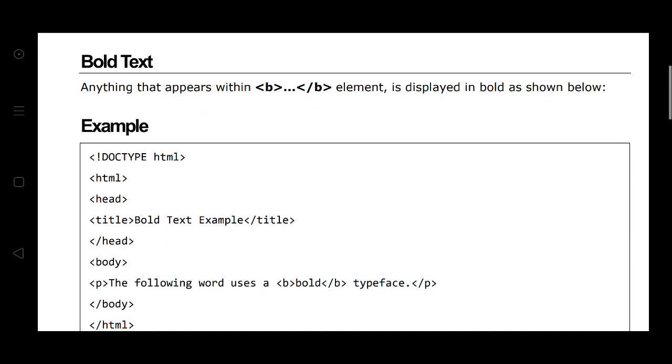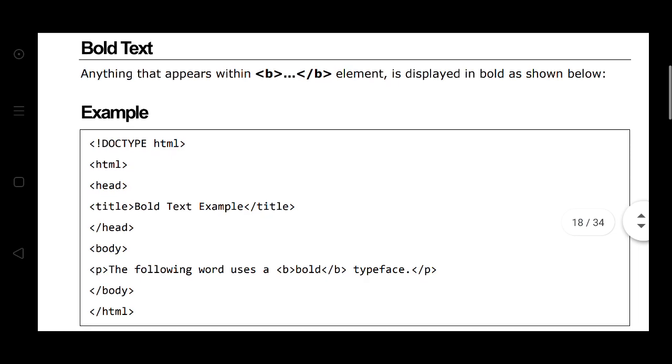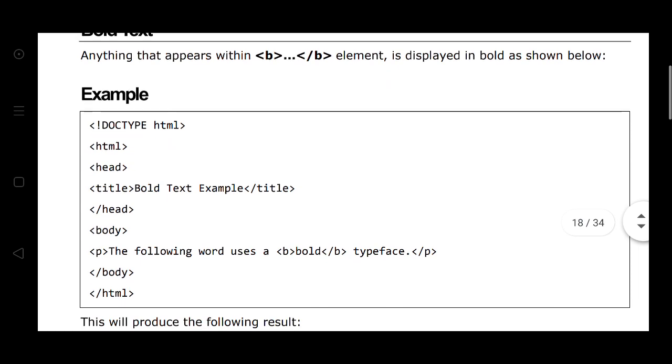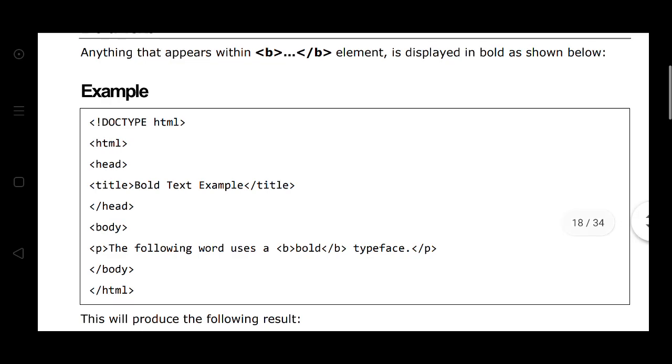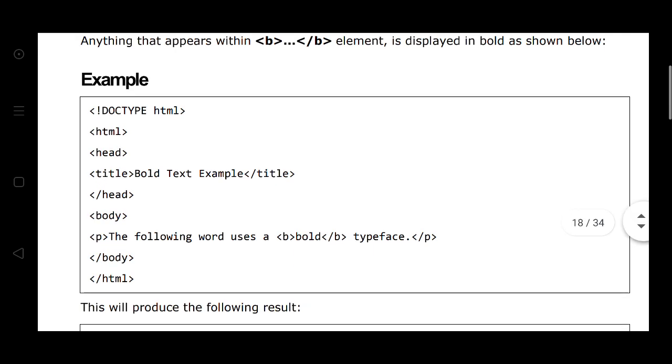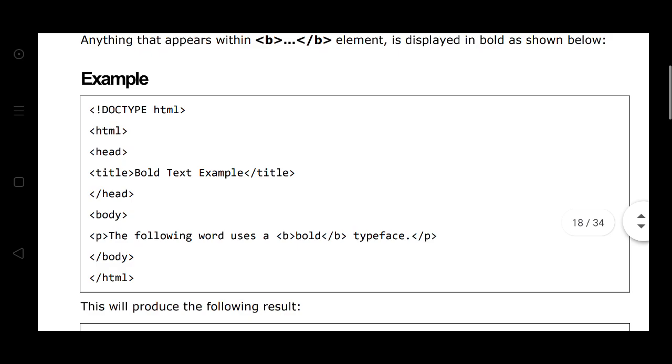HTML title, bold text example, title close and head close, body start. The following word used a bold, only bold B close, typeface. Only BOLD, only the size given bold here, bold close and body close.